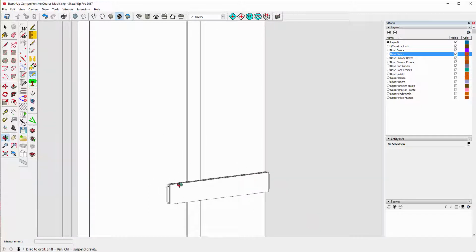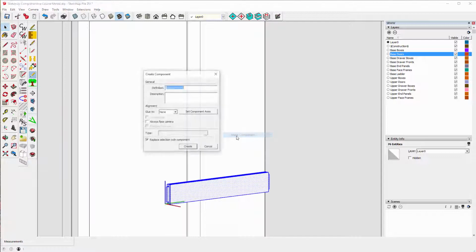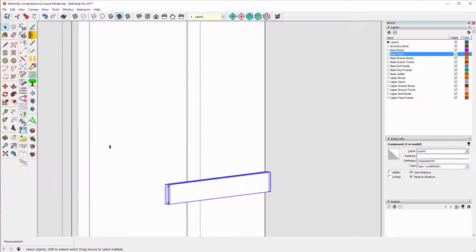All right, so now I'm going to make this a component. I don't care about the component name. Just make it a component. And now I'm going to use this tool, the rename component tool, to add it to this cabinet. But before I do that, I need to know what the prefix of this cabinet is. So I select this component, look down here, and notice it's C29L. I don't need the EP, just the C29L. Cabinet number and whether it's an upper or lower. All right, C29L. So now I can choose this tool